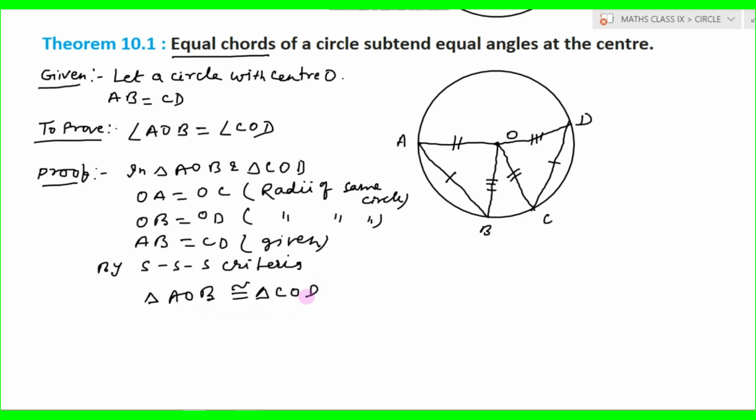And if these two triangles are congruent, then all corresponding sides are equal. So here, vertex O of this triangle corresponds to vertex O of this triangle. So this angle will also be equal to this angle by CPCTC. We can write therefore angle AOB is equal to angle COD. The reason we write CPCT means corresponding parts of congruent triangles are congruent or equal. Hence, what we need to prove, AOB equal to COD, we have got the angle AOB equal to COD, hence proved.